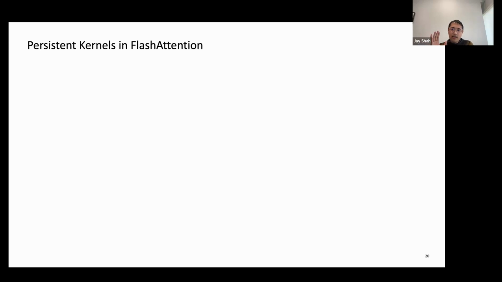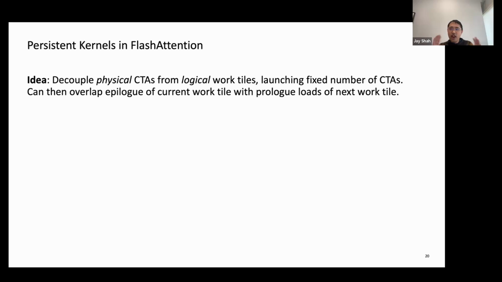So the final improvement, optimization I want to discuss before we look at the code is the use of persistent kernels with flash attention. Just like with GEMM kernels, you can decouple the physical CTAs that are launched from the logical work tiles. In the persistent kernel, you launch a fixed number of CTAs to occupy the entire GPU, let's say equal to the number of SMs, or streaming multiprocessors,